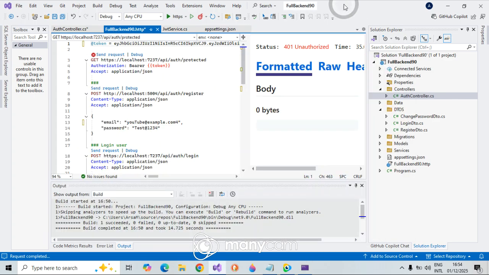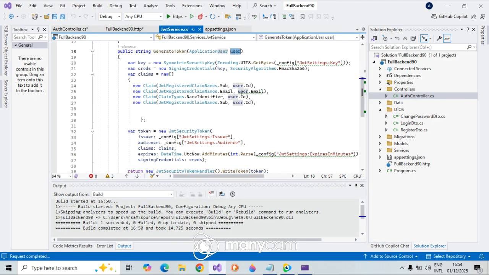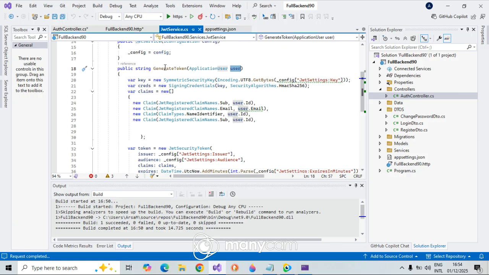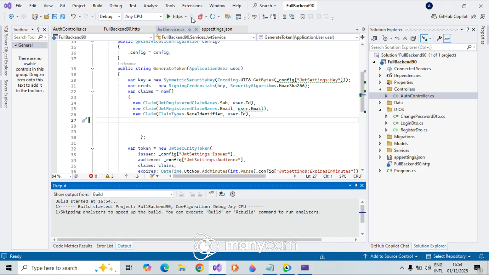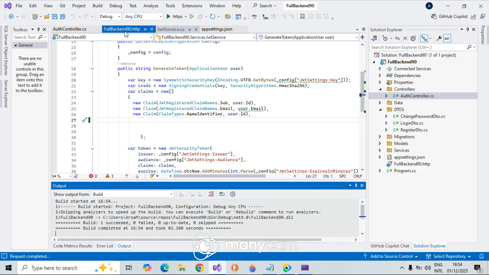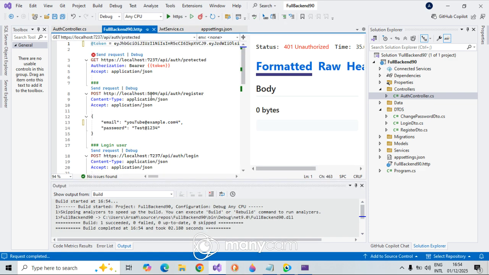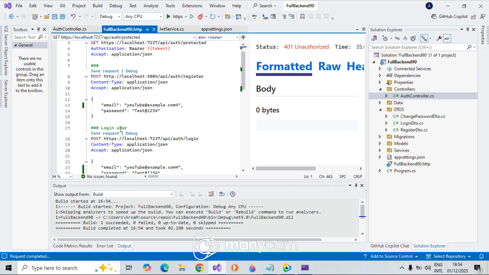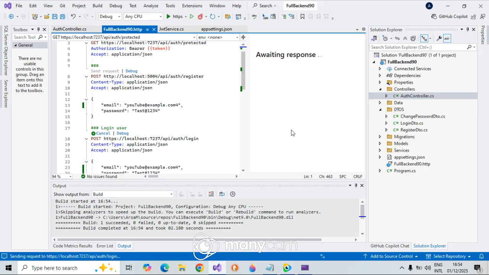Okay, let me go check my JWT service very fast. I don't know, the guys are calling me like what's this ID use, why do I have twice. Okay, this is just, I have twice. I'm gonna remove this one, and let me run it again. I go back to login, send the request,